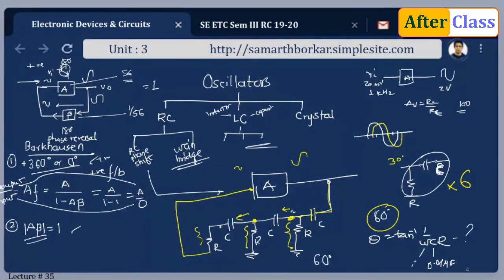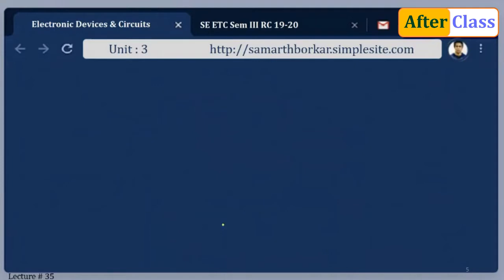Now with this idea we'll start with the Wien-Bridge oscillator. Before that, as I've said, you don't require any input. Without having any input, you get the output in case of oscillators. Now, how is it possible? We need to have a starting voltage. As I mentioned in the earlier analysis of the simple block diagram, the input Vi is assumed to be a fictitious input, and practically no such input is required. The oscillator output supplies its own input under proper conditions, and the two conditions are that the phase shift has to be 360 degrees and the product AB has to be equal to 1.